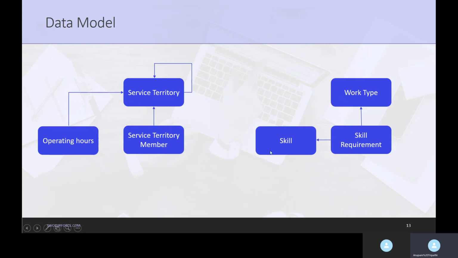Work type is kind of a template for repetitive work, which stores the kind of work that needs to be done, the products required to service that request, and also what skill is required to service that issue. So all those things are kept on the work type.